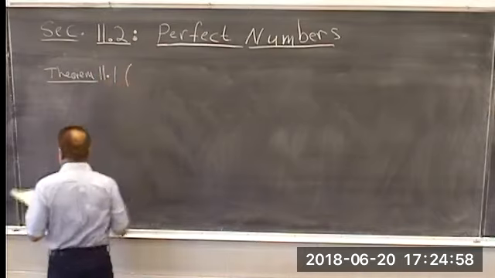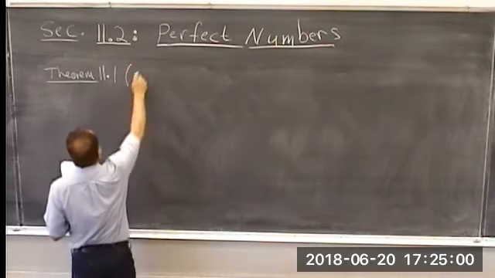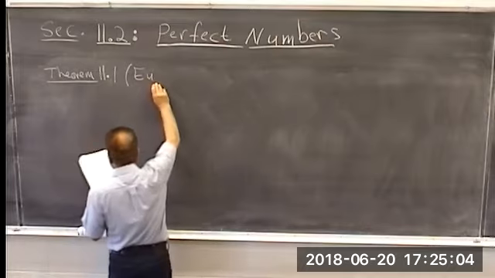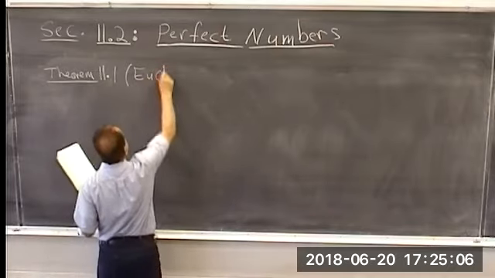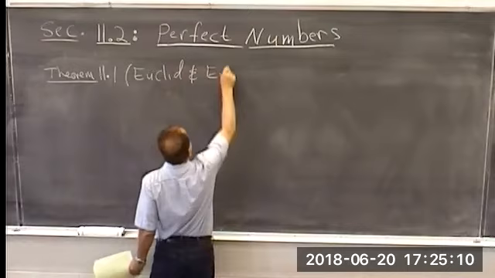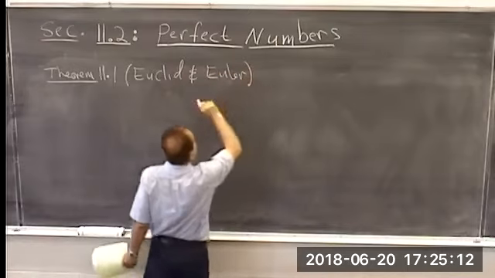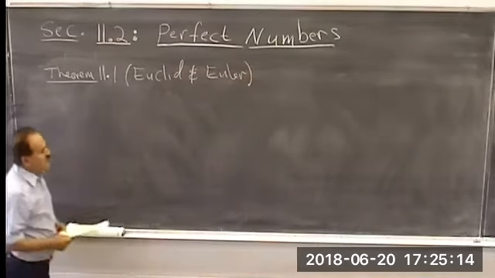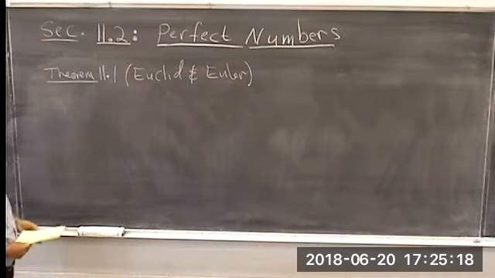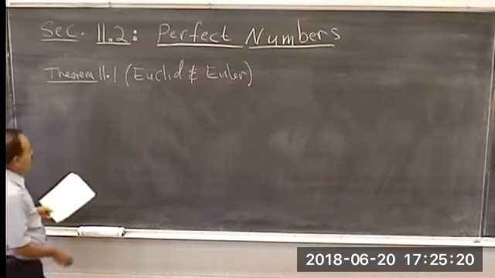Theorem (11.1), and this theorem is due to Euclid and Euler. We're going to indicate which direction Euclid proved and which one Euler proved. And it says that